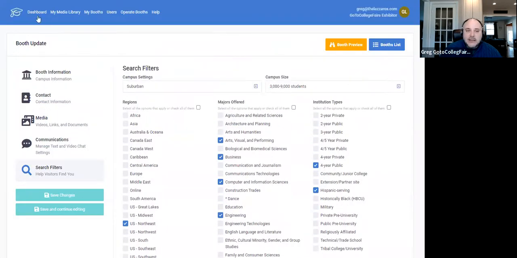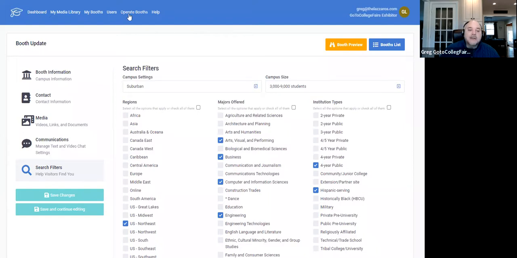So that's a really nice, convenient way for you to be able to register for multiple events in NACAC, have all of your booths set up, set up one, clone the rest, and it's going to be very quick, and you can make any adjustments that you'd like to make from there. So that is everything that we're talking about from the booth setup.